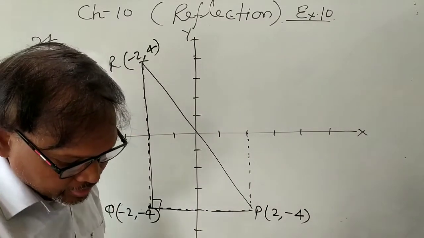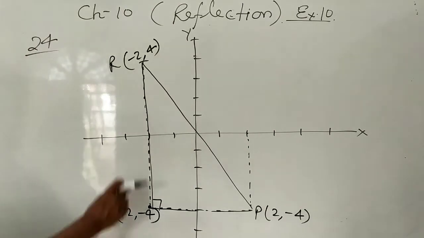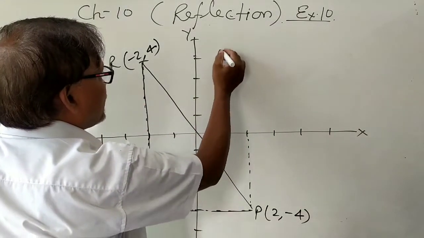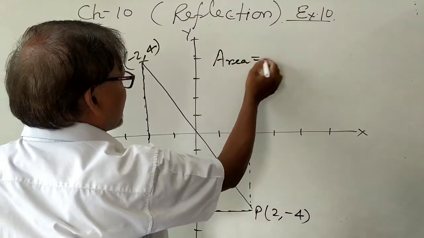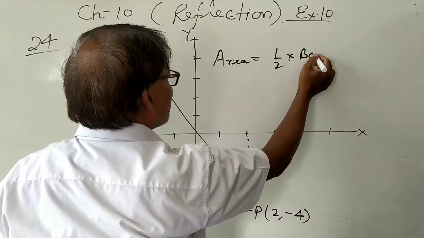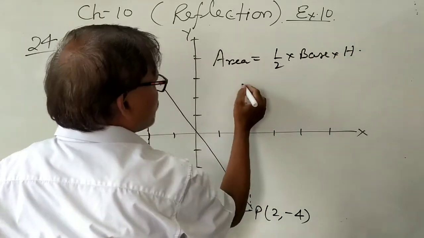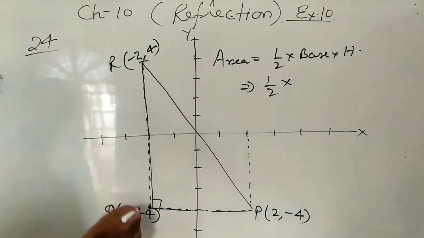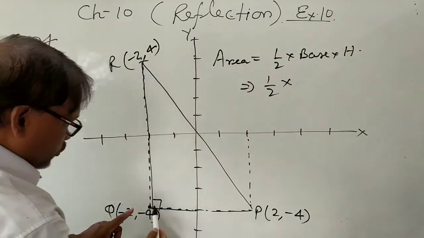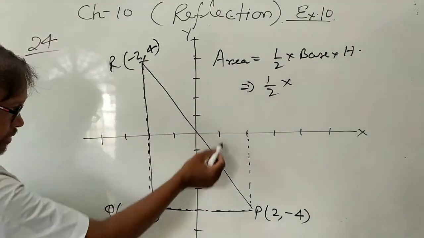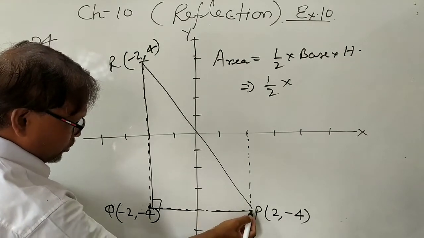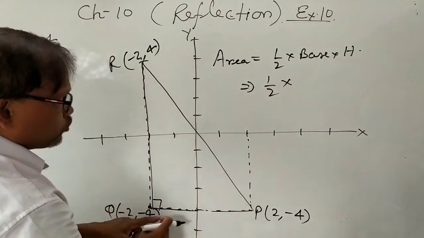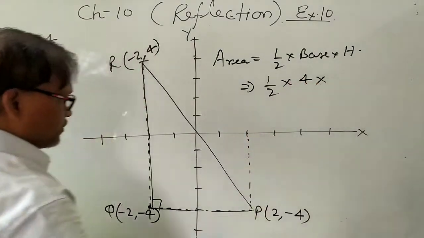The first. Find the area of this figure. How to find the area of this figure? In this, you know the area. What is the meaning of area in the right angle triangle? Half base into height. So what is the base and what is the height? Base is this, height is this. तो base you calculate only from this to this. क्योंकि ये 2 पॉइंट है, यहाँ से लेके 2 डिवीजन है, 2 डिविजन्स. This is also the 2 divisions. Means total is 4. तो base is 4.